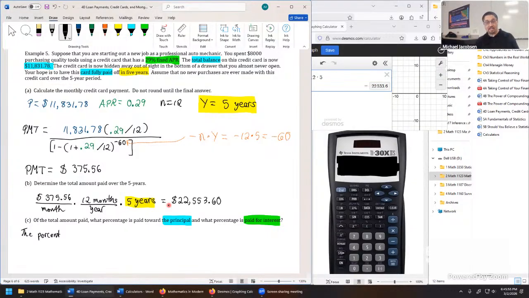I think I phrased it slightly different as the total, but wrote it as a percent. I'll say the percent of the total, meaning the total amount by the red dot, towards principal is going to come out as, take the total,